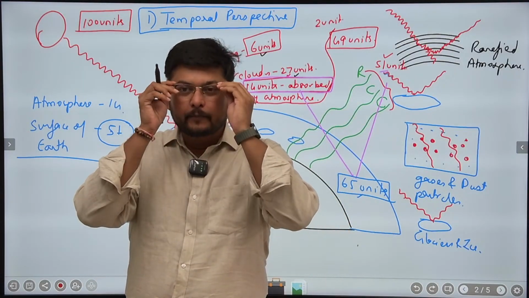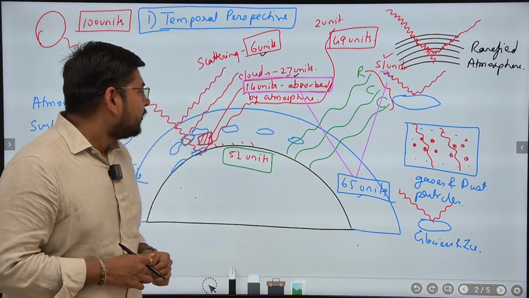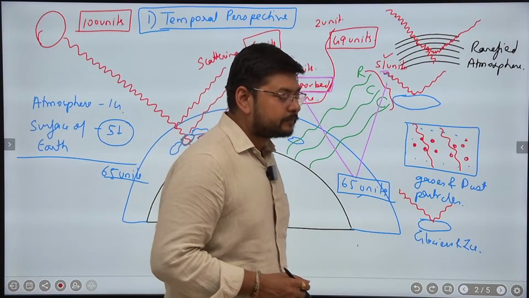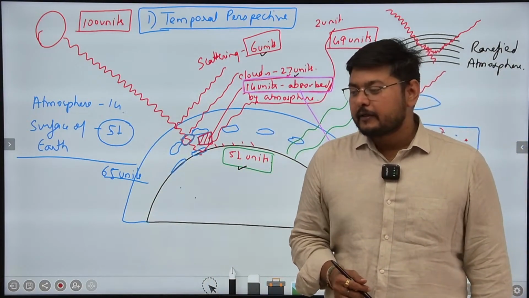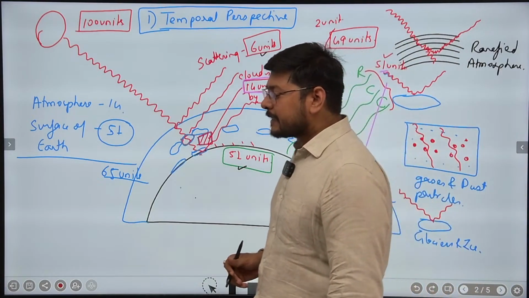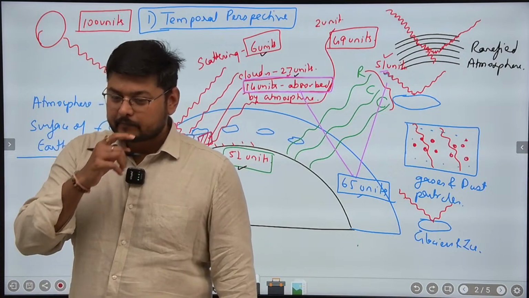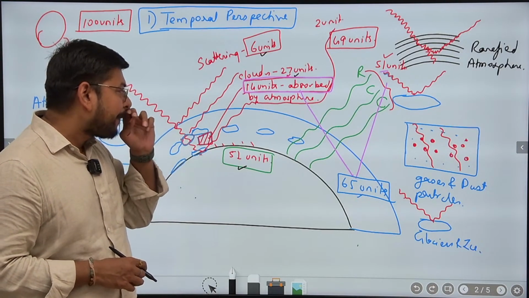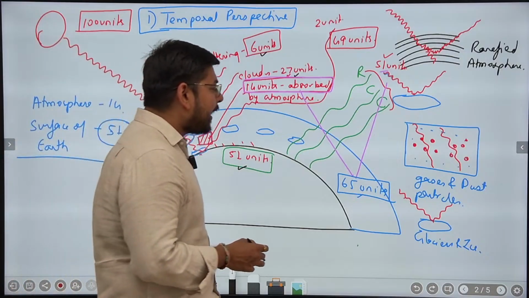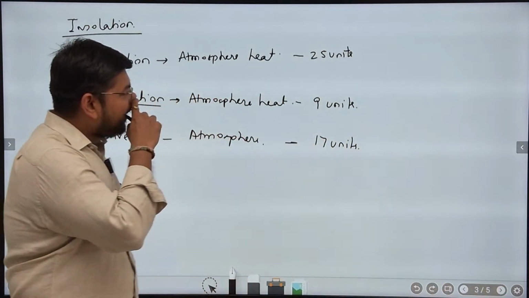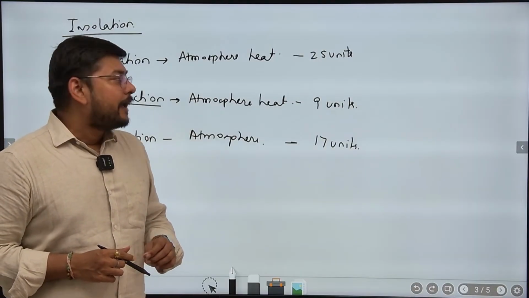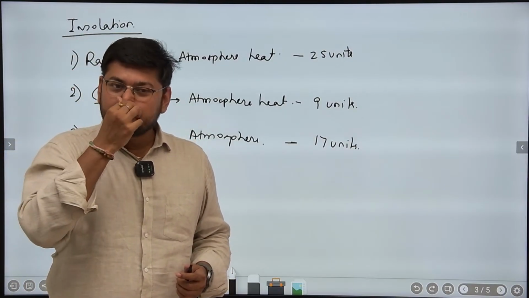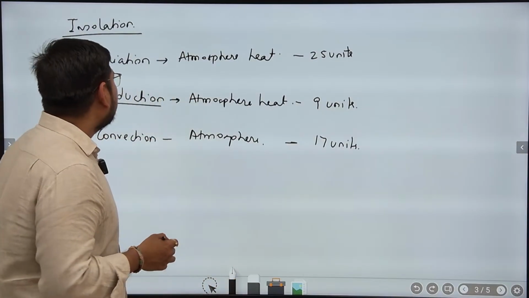Now in the next point we'll write, it is 51 units of insolation which is absorbed by the surface of Earth, and these 51 units are reflected back to outer space, number one, in the form of radiation,